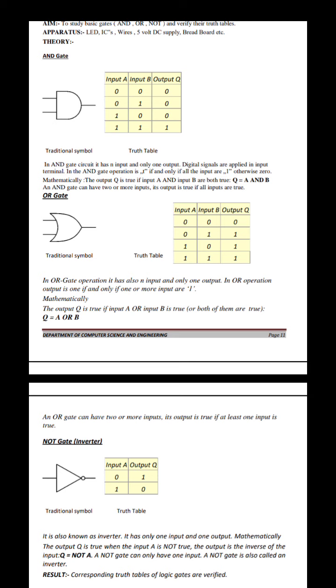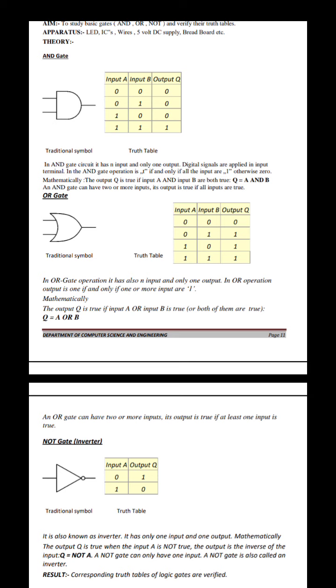Then here 1 is the input, 2 is the output, because here we use only one input and one output. So totally 14 pins are available, 2 pins are used to provide the power supply in our IC, and 12 pins remain available. Each and every gate occupies 2 pins. So totally 6 gates are fabricated within a single IC. That IC number is 7404.